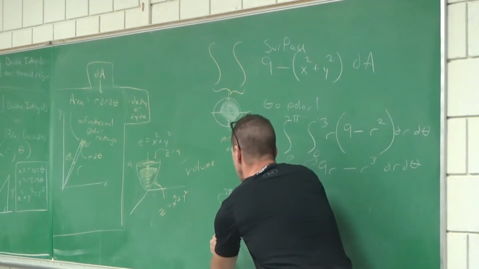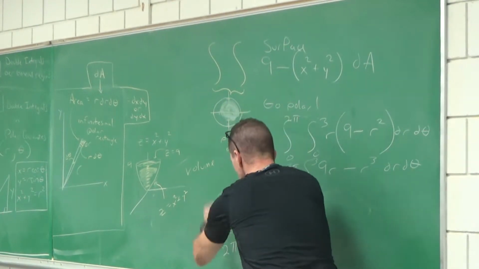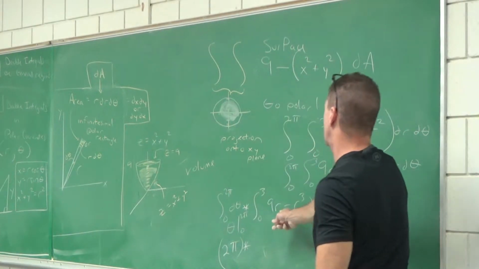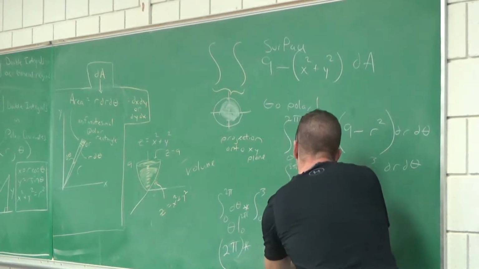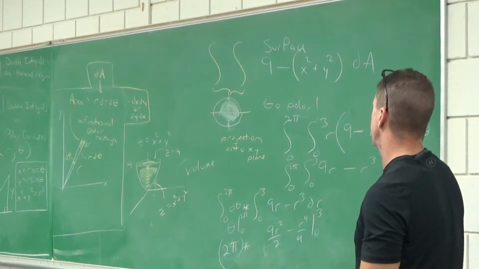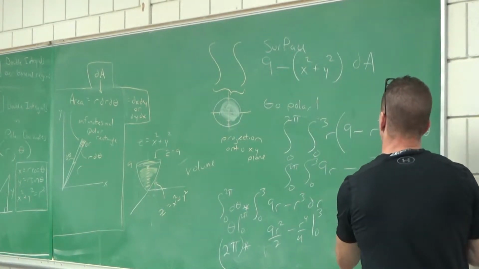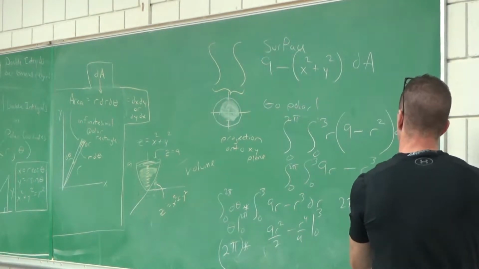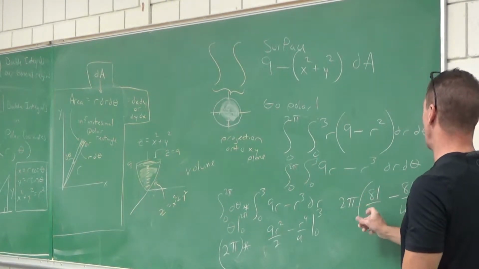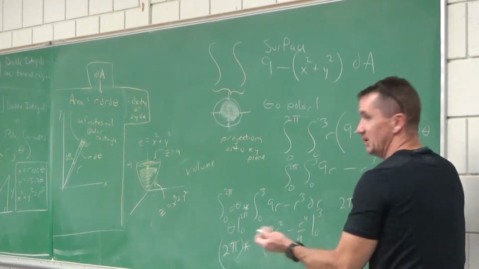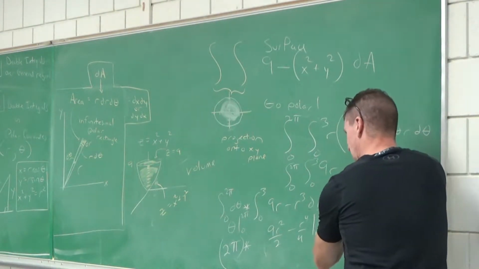What's that interval? That becomes theta. And when you plug in 0 and 2 pi, what's 2 pi minus 0? 2 pi. Boom, that's done. Now multiply that by the integral of 9r with respect to r: 9r squared over 2 minus r to the 4th over 4, from 0 to 3. So that's 81 over 2 minus 81 over 4. Here's my answer. What's 162 over 4 minus 81 over 4? 81 over 4. And then 81 over 4 times 2 pi becomes